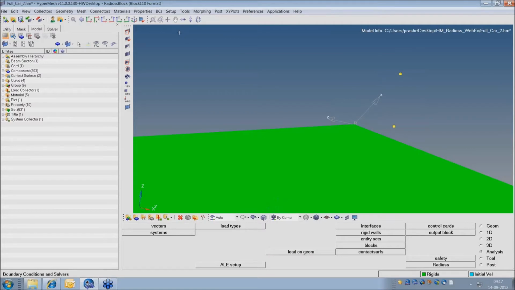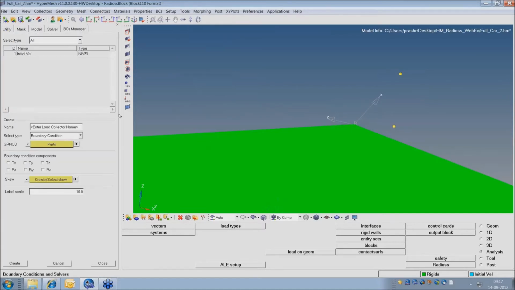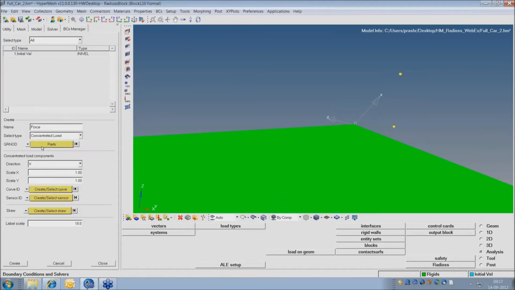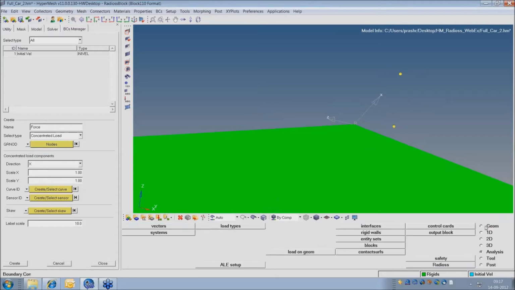So for that I'll go to our very user-friendly BC Manager tools, BC Manager. So I created initial velocity that you have already seen, and that was very simple. And now I'll go to force. I'll select concentrated load here. So the application point, I'll select node, and I'll pick this node, proceed.